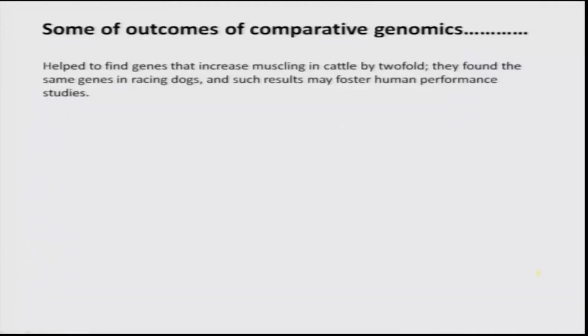Another example is that this approach has helped to find genes that increase muscling in cattle by 2-fold. It's a very interesting phenomenon, because there are variants in the genome which increase the muscle mass. Okay? And what is interesting is that such a variation resulting in increased muscle mass is not restricted to cattle. That is where it was first identified, but you can see it in humans, you can see it in dogs